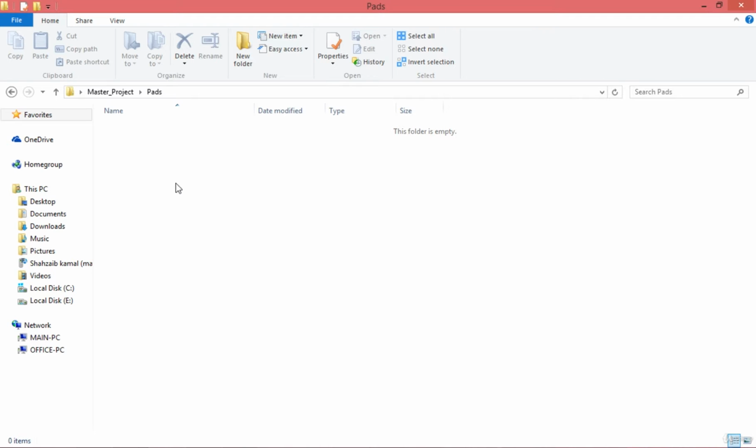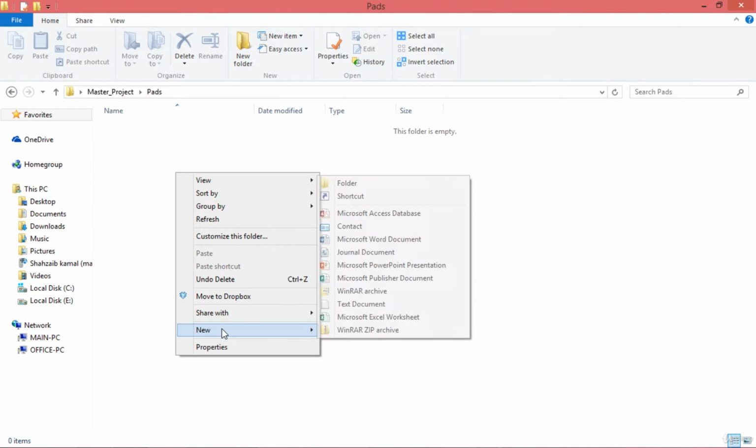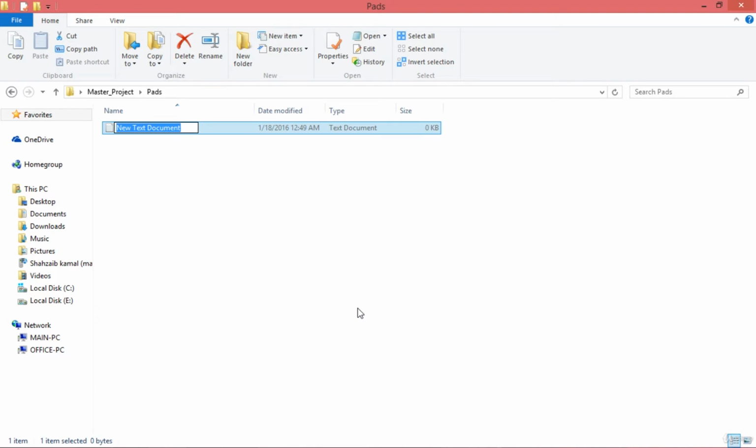If you're about to create an HTML file, right click on the folder, go to New, and click on Text Document. Now you can see the simple New Text Document. That's not a problem, just click anywhere. So guys, what will we do with this file? We'll do nothing with this file. We just won't type any code in it.